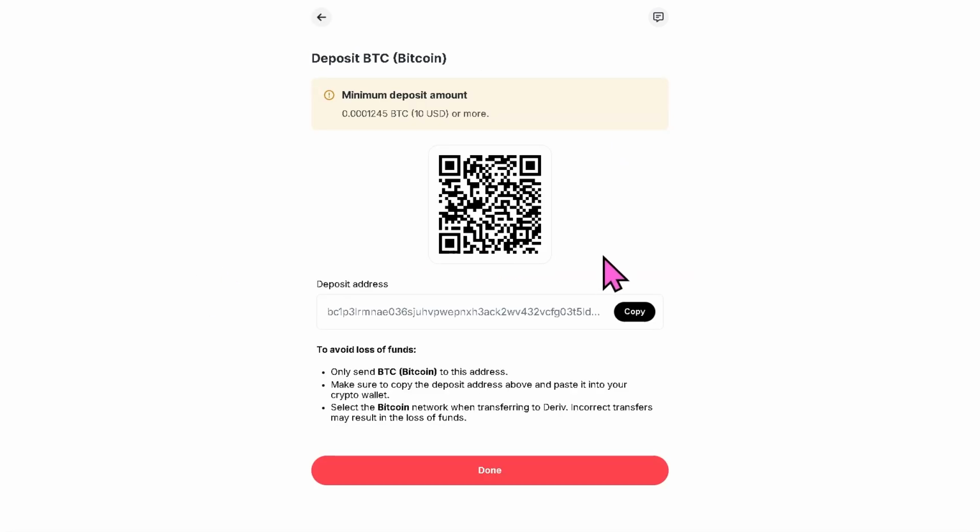This step is very important. Make sure the wallet network you choose matches the receiving wallet network exactly. For example, we have chosen BTC or Bitcoin, so we need to copy this, okay? And then